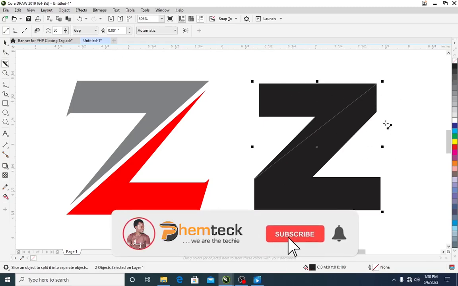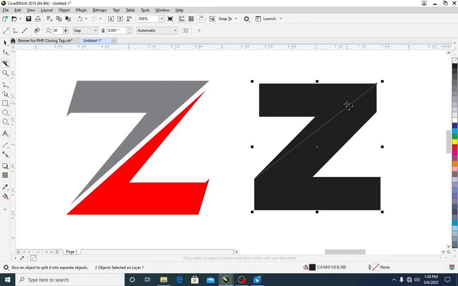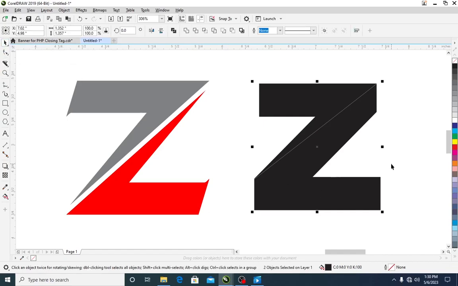Now I've cut this text, the letter Z, into two. I will need to drop my tool by coming back to the pick tool on the toolbox, the number 1. Then I will click outside